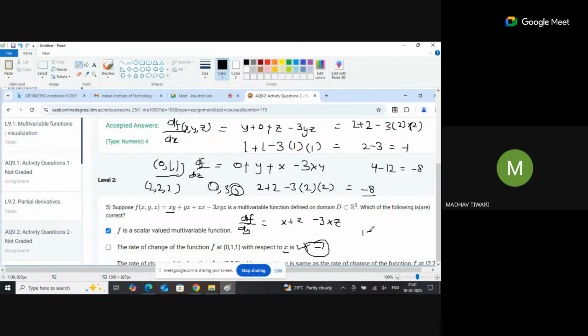So it will be 1 plus 5 minus 3 times 1 into 5. Sorry, x value is 1, so it is 15. That is minus 9. So it is minus 9. So it is also